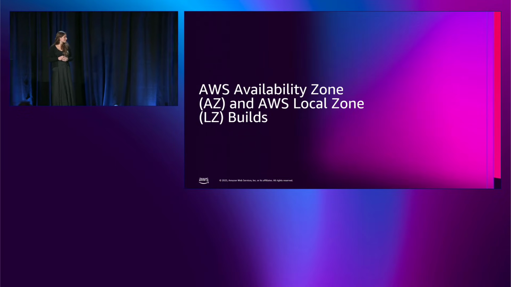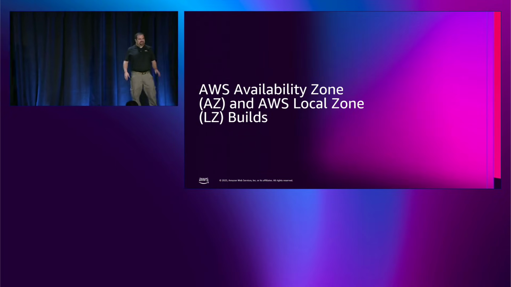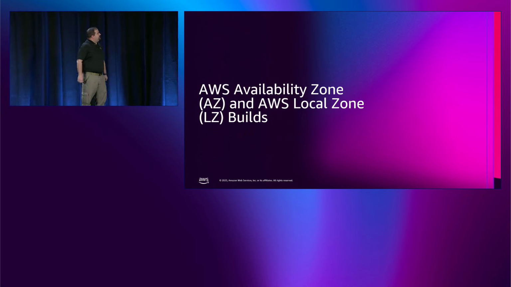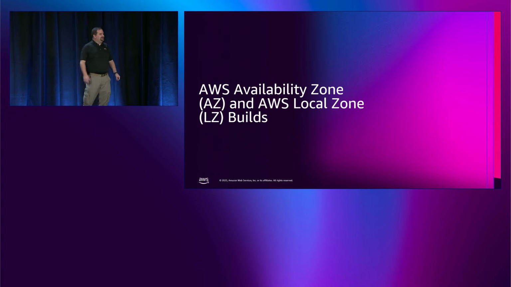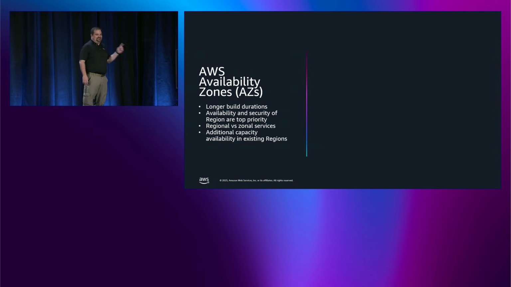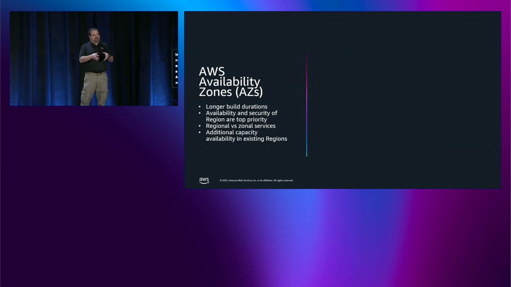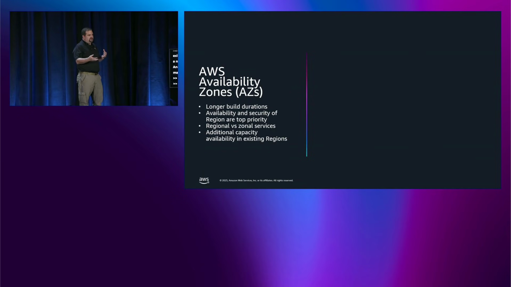Yeah, so availability zones, it's a very similar process, albeit a lot simpler, actually. But what's interesting about availability zones is it actually takes us longer to add a new availability zone onto an existing region than it does to build a new region from scratch. And you're probably like, come on, man, why? We're working on it, though. Yeah, we are working on making it better, but the reason is our isolation and our promise to customers is